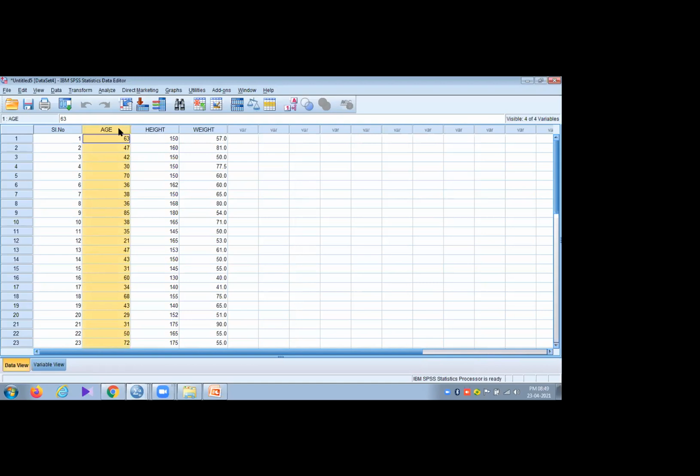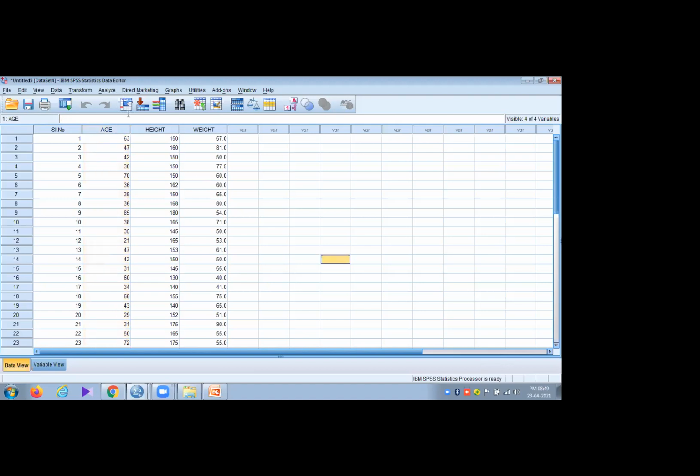Not only in the case of correlation, but also if we are doing a comparison of means, analyzing differences, associations or relationships, if we are comparing two or more variables and any one of the variables is not normally distributed, then we should go for a non-parametric test. That will give more accurate results. And here the age is not normally distributed.